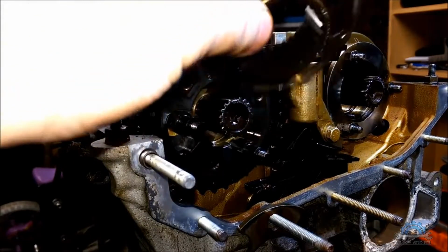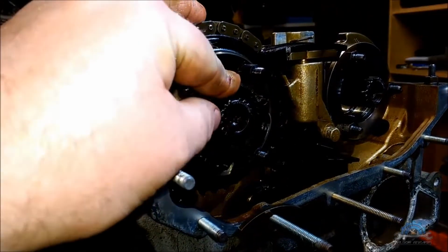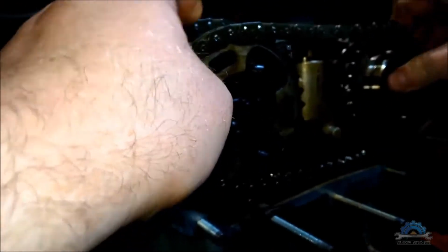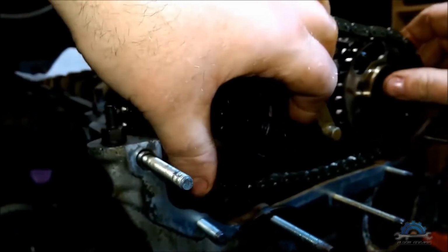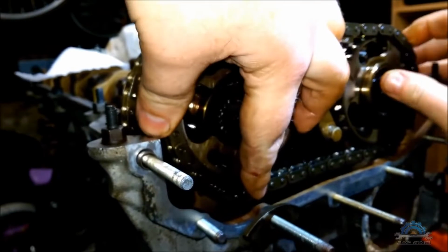Next, the timing wheel, we can call it. It's going to be this one. And then you're ready. Secondary timing chain. It's going to be fiddly, but